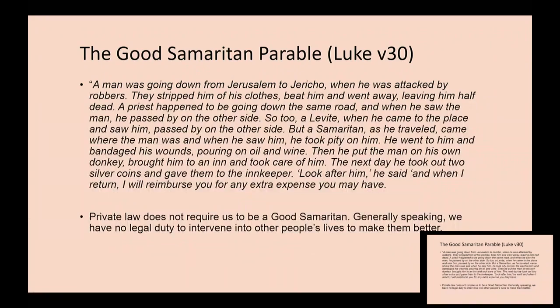And the economic analysis is probably more a case of saying that, well, the priest and the Levite can decide where and how to spend their money and time. Now, maybe if the injured person wants to pay them to look after him, they can decide whether they want to do that. But the law is economically inefficient if it imposes a duty to act in circumstances where it's essentially not the most economically efficient thing to do.